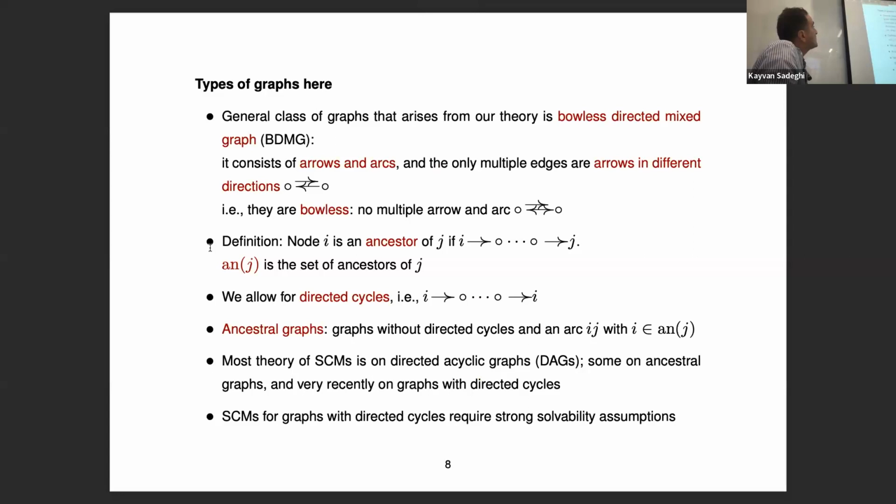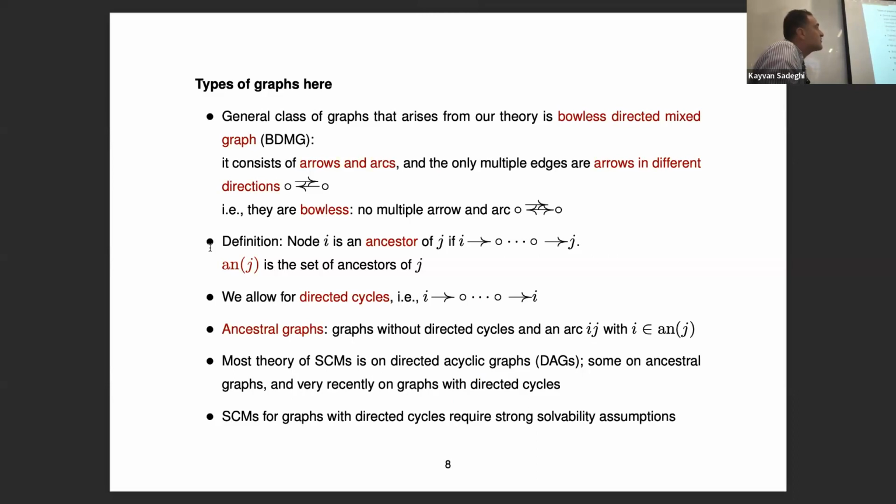So the types of graphs here, as I said, allow for arrows and arcs. We allow for causal cycles, and particularly even between two nodes, so you can have arrows in different directions. What we do not allow is multiple edges of different types, and there is a good reason for that. You can see that using only interventional distributions, there is no way to distinguish these